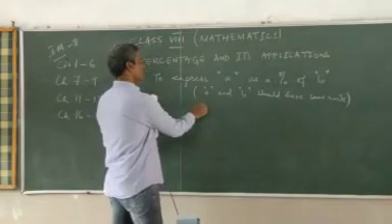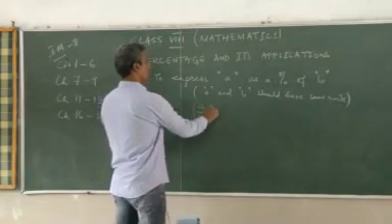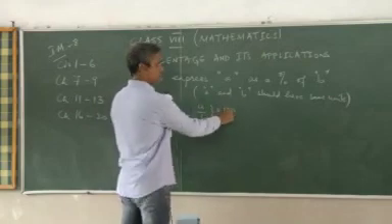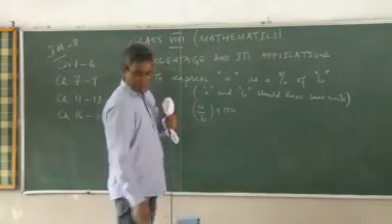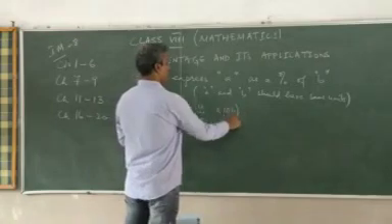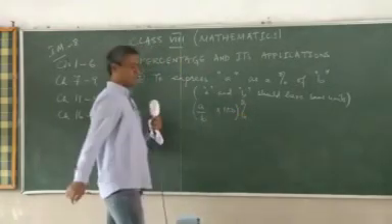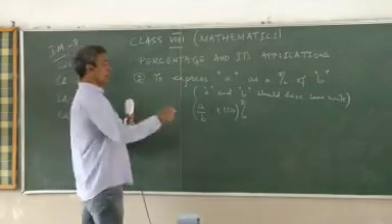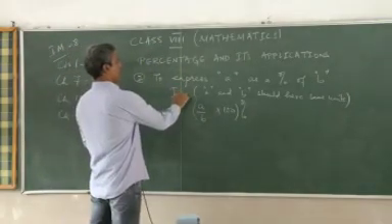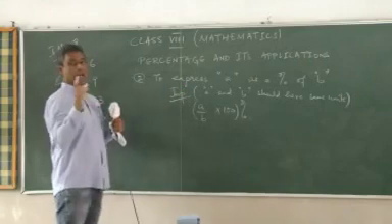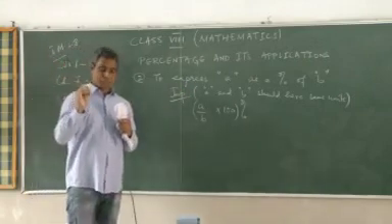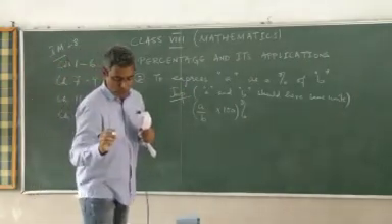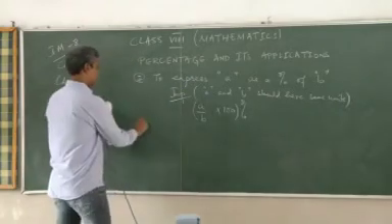So what is the formula? A by B into 100. A by B into 100 as a percent. Put the symbol. There is one important step to be kept in mind here. Both of them must be having the same unit. Let us look at a question from the exercise.